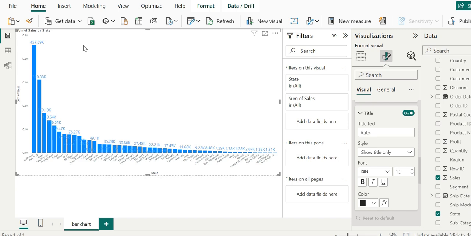On the column chart visualization, you can see a little button after the color option, which is fx. This allows us to input a DAX formula to compute the title rather than hard coding sales by state.